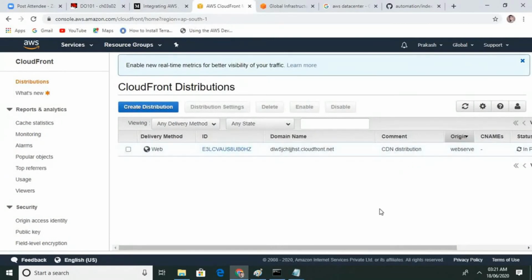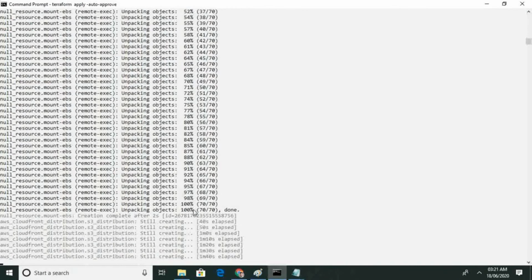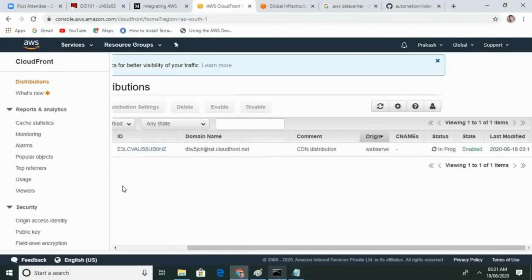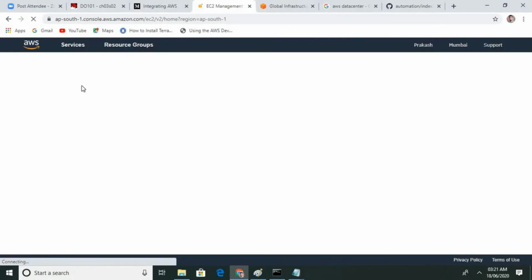Just by one click it's happening. So it's taking time because it's creating 250 plus edge locations across the globe, wherever the service they are providing. Also check the security, did they create security or not.